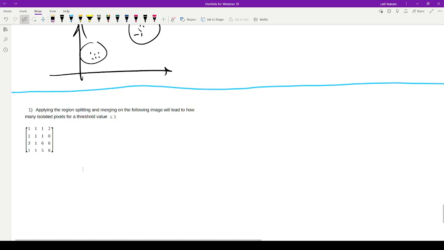Yeah, so we don't have any question on frequency domain filtering. We'll only have questions for color image processing and this image segmentation. Okay, so